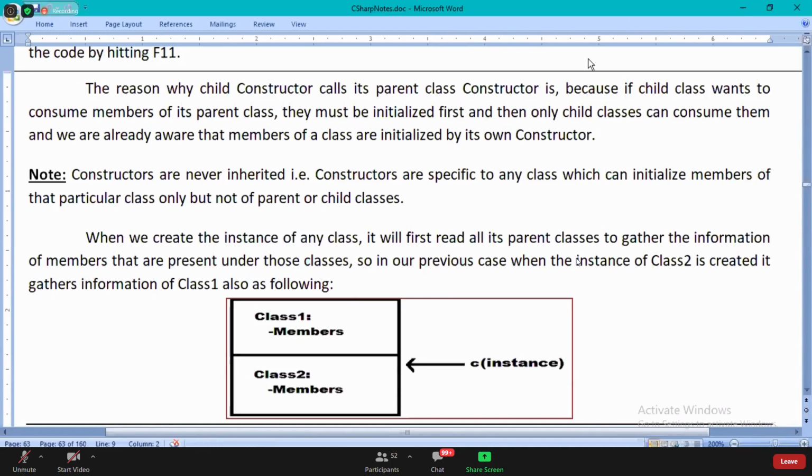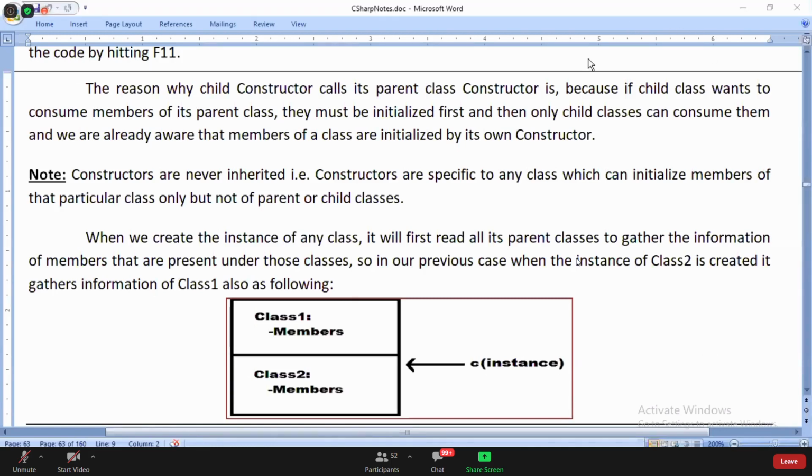Okay, fine. So this is the first important rule, rule number 1.